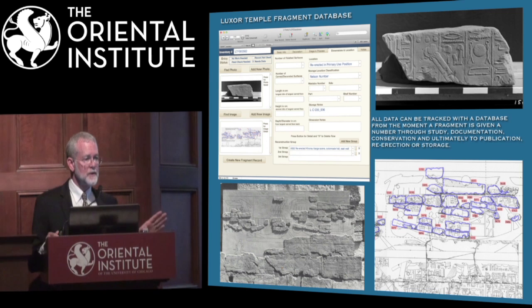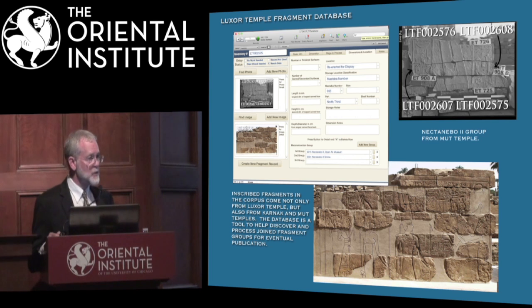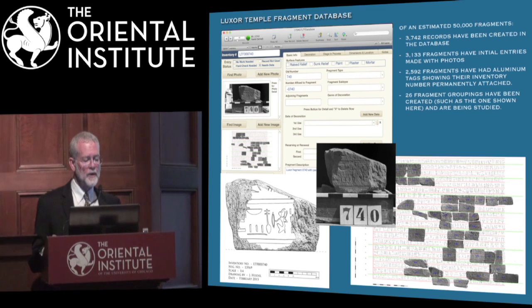Every block has an old number and a new one now, and with this database we're able to figure out exactly what's where. In addition to the loose blocks, there are also blocks that we have reassembled for the open-air museum. And in the database, it's very clear where everything is. We can put unlimited numbers of reference photographs and drawings in the entries, and there's even a space for indicating